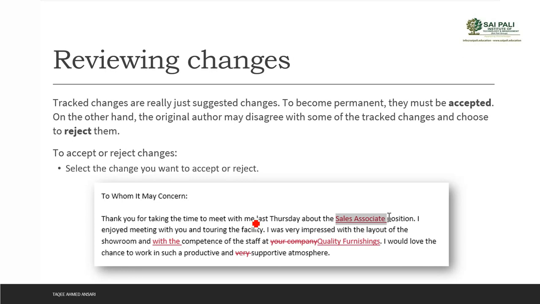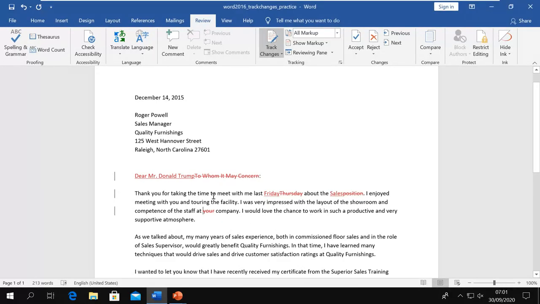So now what? Maybe some of the changes I will agree with and maybe I will not agree with some of the changes. So I will also then revise, and for revising on my side, it is easy when I see these lines and striked out. So now I know what he has removed and what he has added there. So now I can revise all this. Remember, it is not permanent.